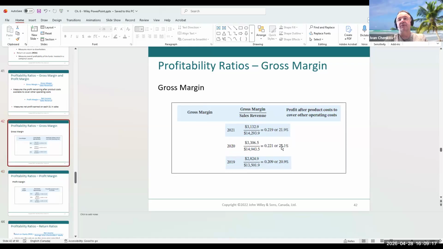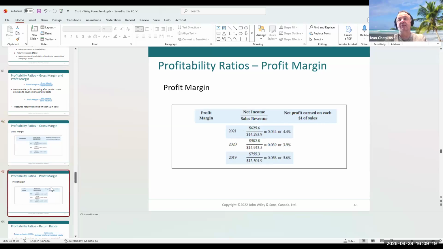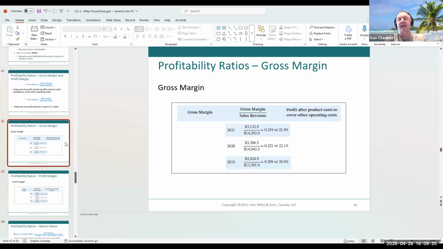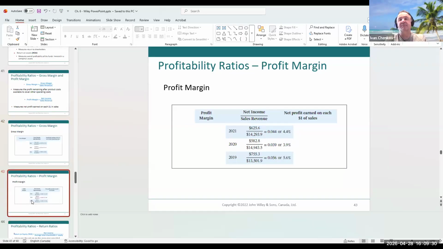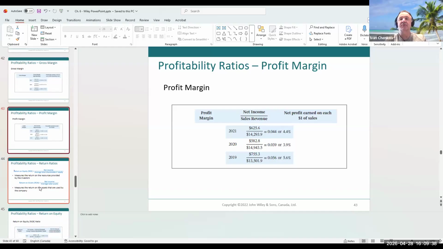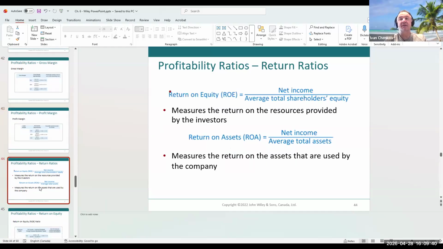Interesting thing, right? The gross margin is going up, but that doesn't transfer to the profit margin. What does that mean? That means that in the middle between the gross margin and the profit margin, we have something that is increasing, not in the same proportion as the other. What will that be? That will be operating expenses. So now we have to look back and see which of the operating expenses is actually increasing and deteriorating that net